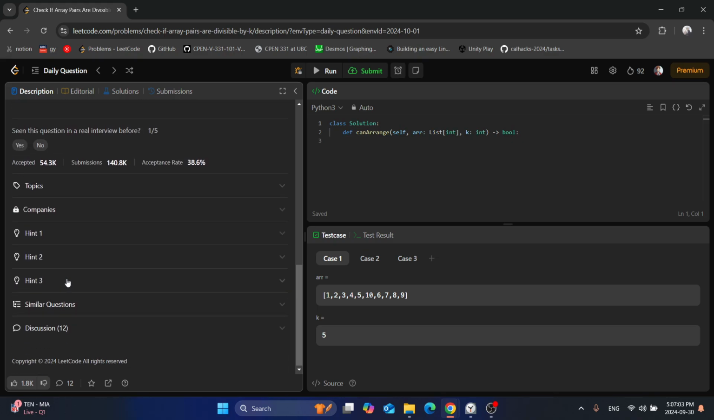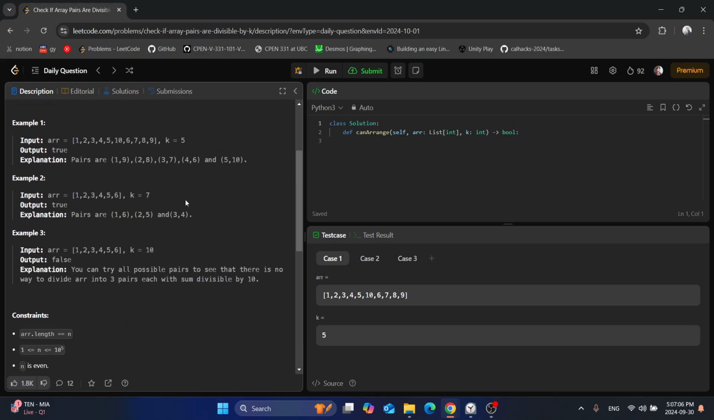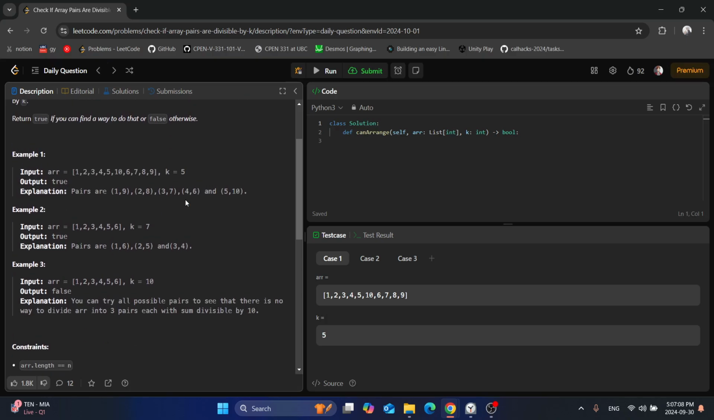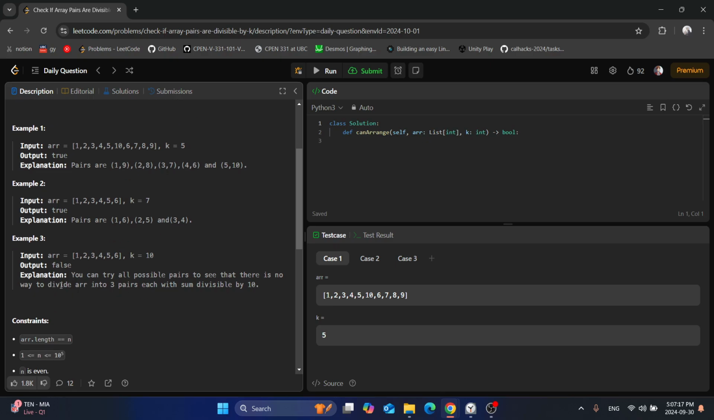Yeah, this one is definitely a hard one. You can try all possible pairs to see if there is no way to divide the array into 3 pairs. Yeah, you can just see that. But the way we can tell is by checking where